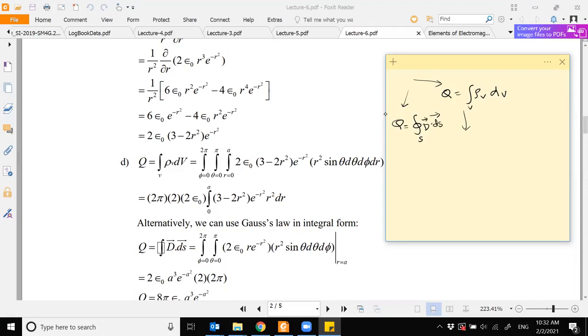If I assume my Gaussian surface, the hypothetical surface that I decide, to be a spherical shell of radius A centered at the origin, then the charge enclosed in the spherical shell is nothing but the charge inside the sphere